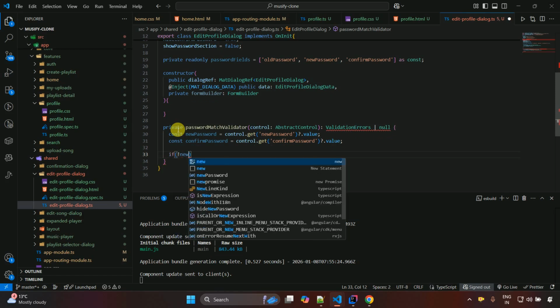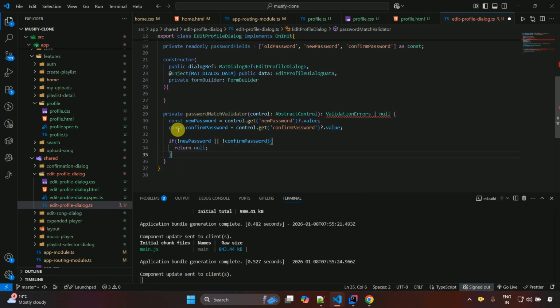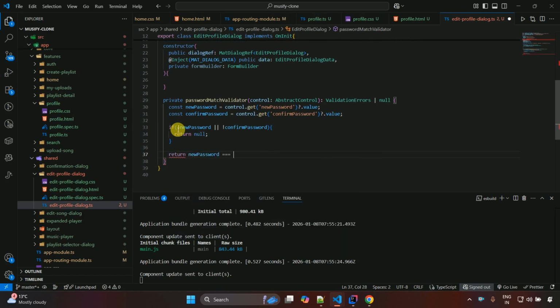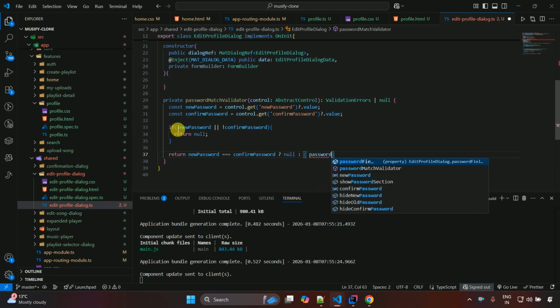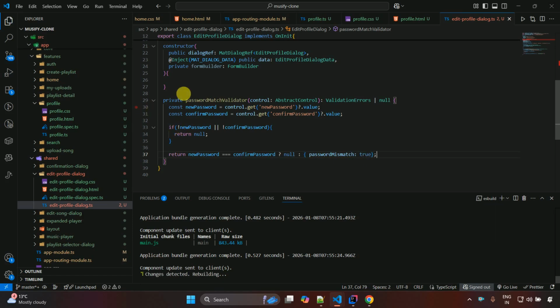not newPassword or not confirmPassword, then we are just going to return null, and else we are going to return newPassword is equal to confirmPassword. If they match, then we are going to question mark and return null, or we are going to, okay, here we don't need the colon, so remove that, and after this we have to just write curly brackets, and over here we have to just write passwordMismatch, which is set as true, and this one we are going to return, put a semicolon,